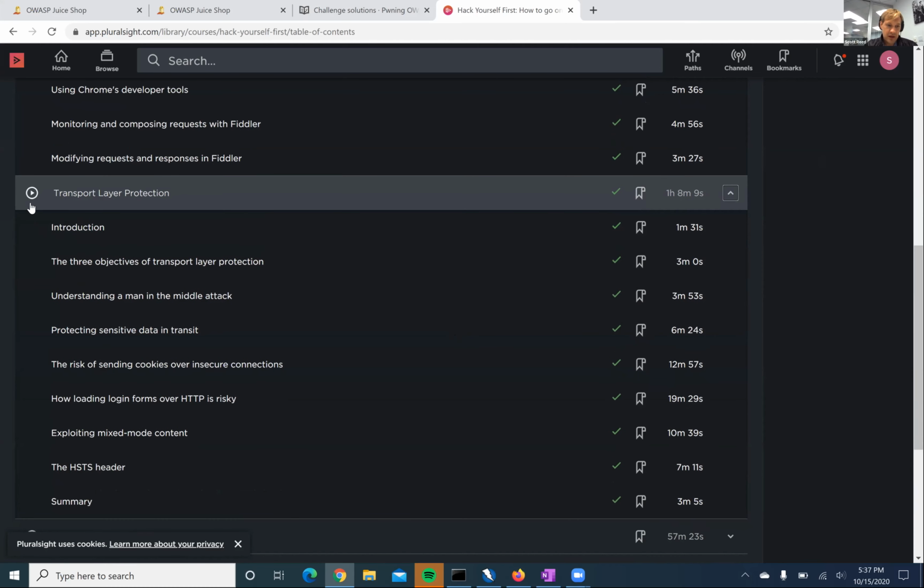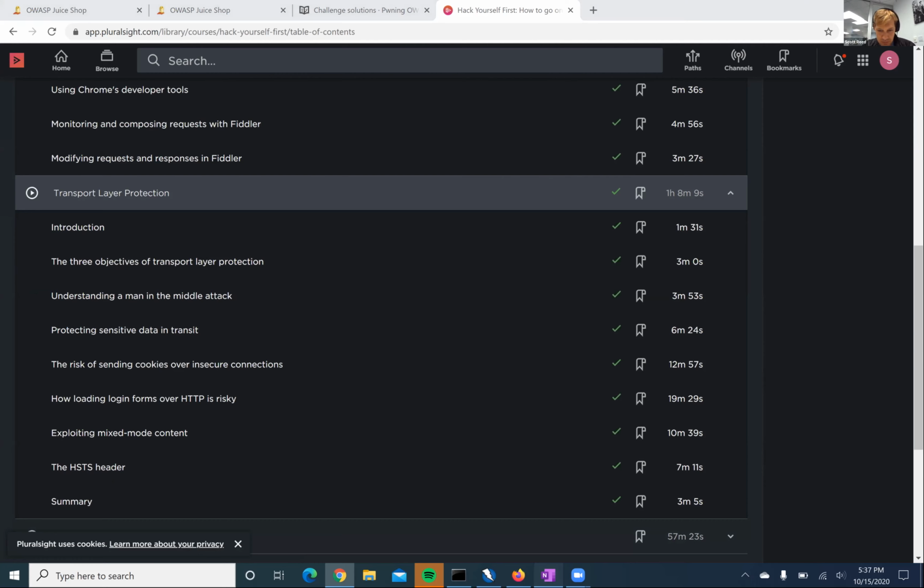And then he went into transport layer protection, and I think for this, I knew about all of the stuff other than the HSTS header.